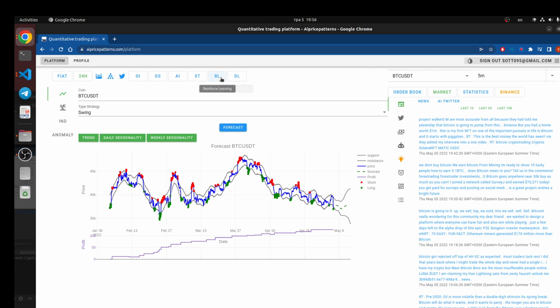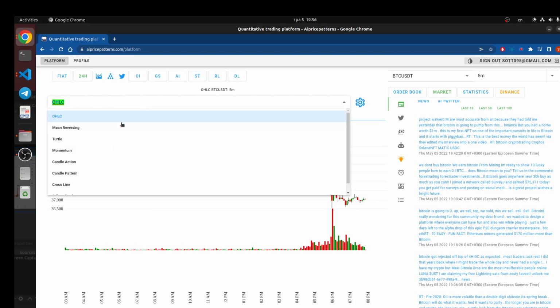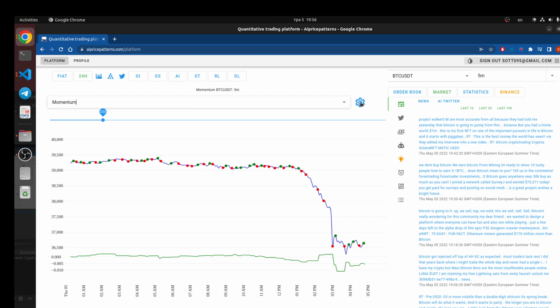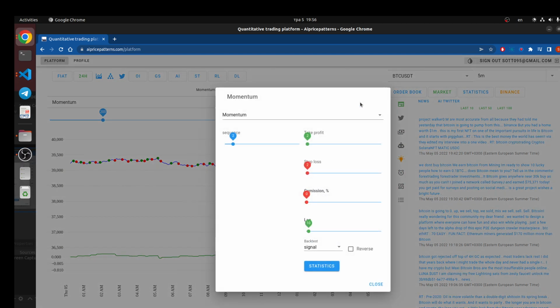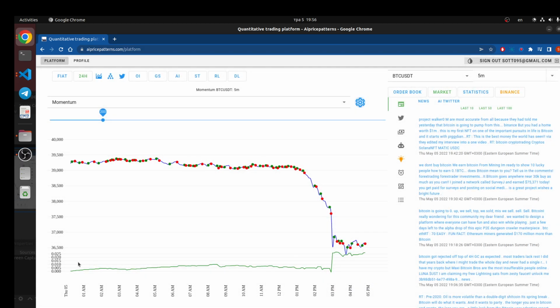And next, for example, trying to understand a simple trading strategy. What I like to do is take, for example, a momentum strategy and find sequences for 5 minutes. In general, very often it's working, and you see it's working. From Tuesday, 5 May, and we could increase this one. It helps us, for example, to make decisions, and we see the last point is red. It means the next 5 minutes would be a downgrade, and I'm trying